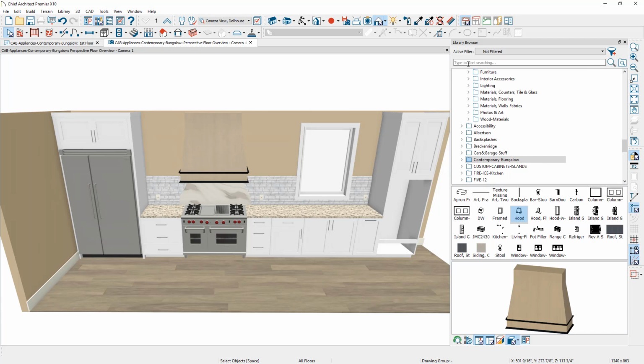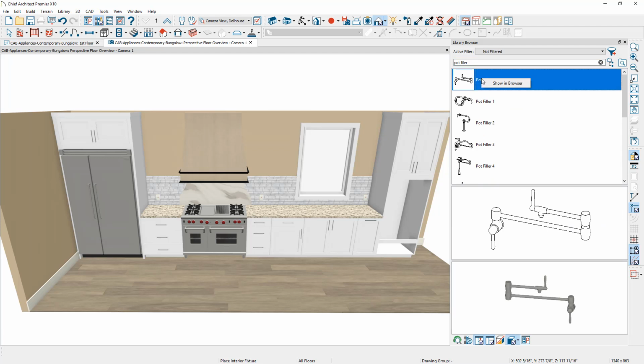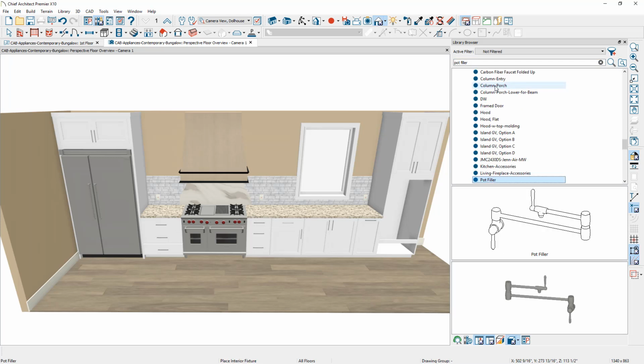And what I'm going to do is use the search tool in the library, and I'm going to search for a pot filler, which you can identify the particular objects. You can always right-click on these, show in browser, and this will show you where it's located in the folder. This happens to be in one of my personal folders in my user catalog, but you'll find an entire library